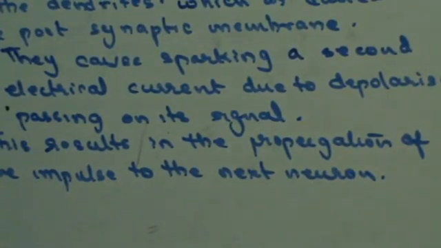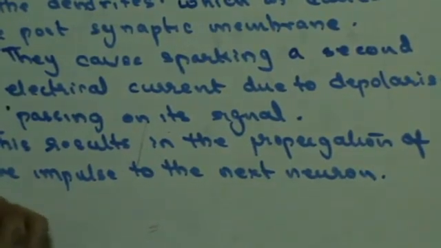To end the signal, now you already sent the signal to the next neuron. To end the signal, the synaptic bulbs reabsorb some of the neurotransmitters, and the enzymes present in the synapse neutralize the others. You have those neurotransmitters which are there in the synaptic gap. What do I do with them? Right? Because till the time they are there, the impulse will keep passing. So as soon as the impulse is passed, to end the signal,